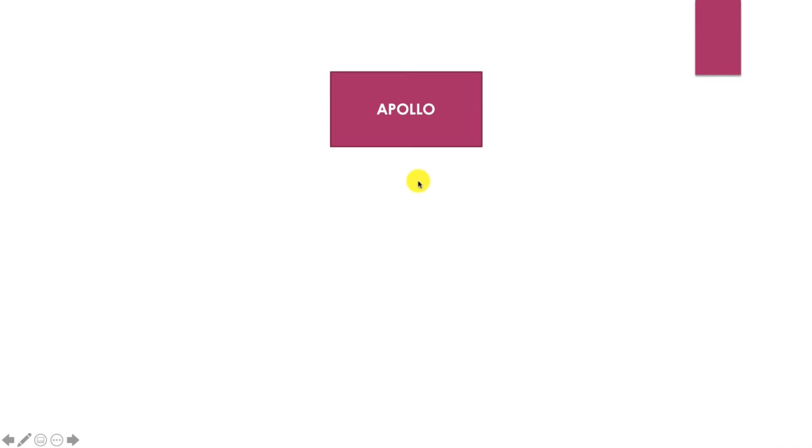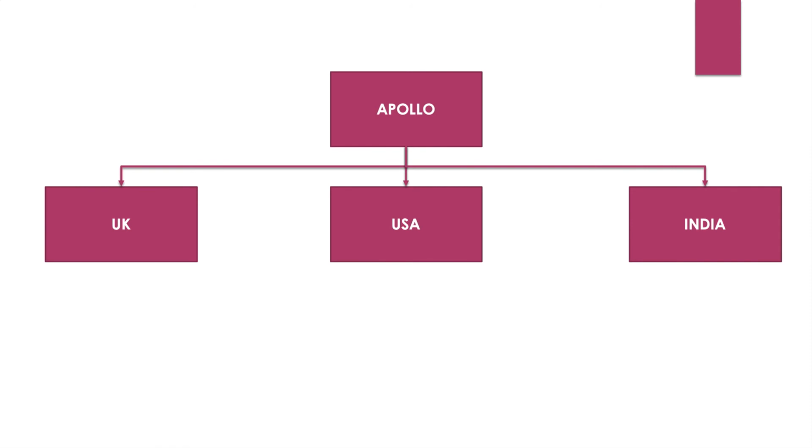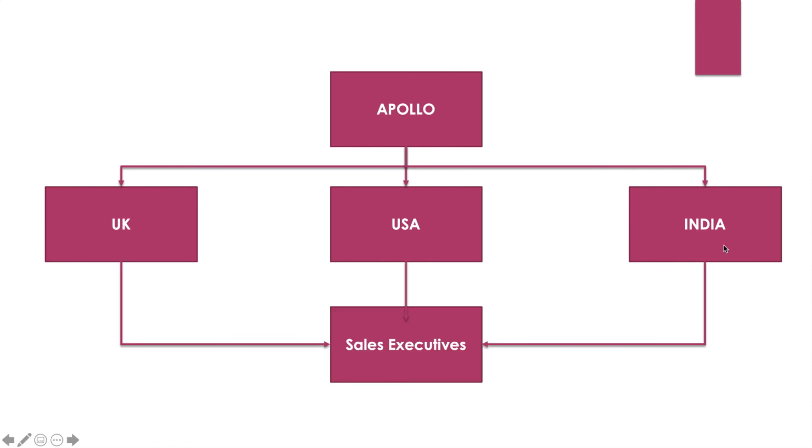Apollo is a company having a product called contact lens, and they do business in UK, USA and India. There are a few sales executives in all these countries. Every day they have some targets to sell these products to hospitals. To achieve these targets, the sales executives drop some free sample products in the hospitals so the doctors can try them with their patients. If they get good feedback from the patients, then the doctors can refer the hospitals to buy that product. This is the way typical business happens in the healthcare industry.